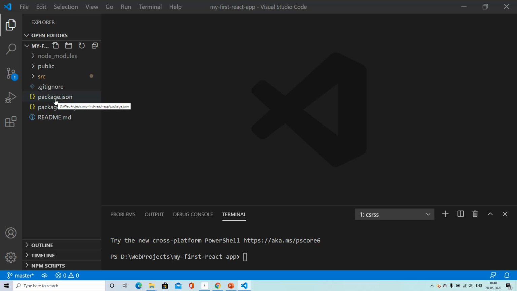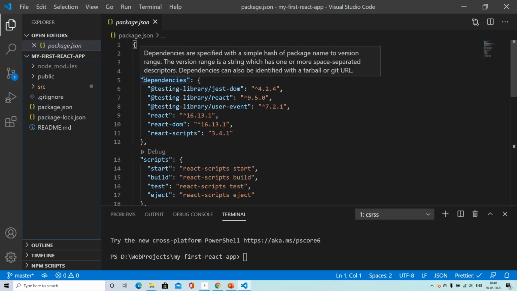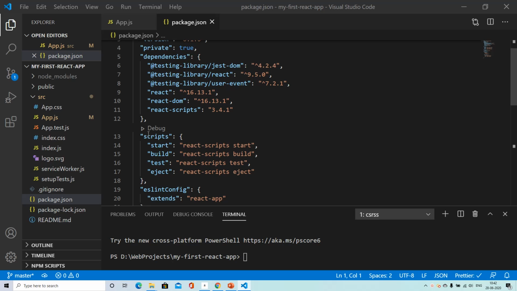Let's look at the package.json file. This file talks about all the dependencies that are required for our React application. As you can see in the dependencies section, we have used React, React DOM, and React scripts. Below here, we also have the scripts section where all the scripts related to running our application are located. We have the start script for running the application, the build script for building it for production, and we also have an eject script for converting our React application that is created through Create React App into a normal React application. We will look at that in a later video.